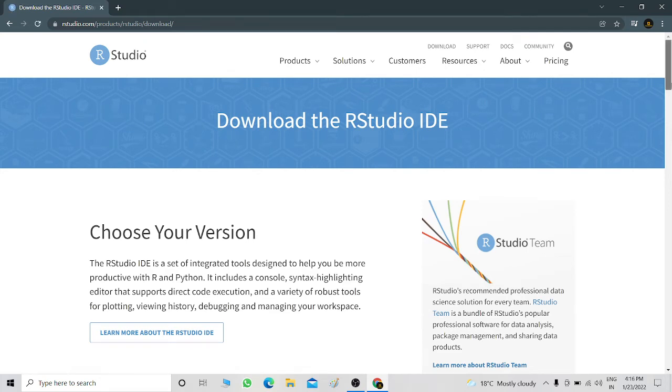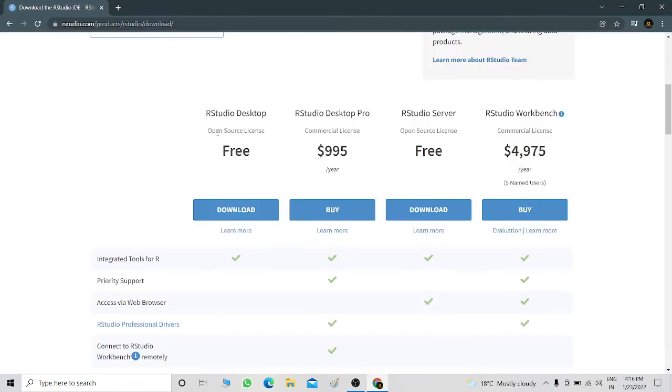Here we can see RStudio Desktop open source license for free, and second is RStudio Desktop Pro for commercial license, and RStudio Server open source license, RStudio Workbench, it is also commercial license,